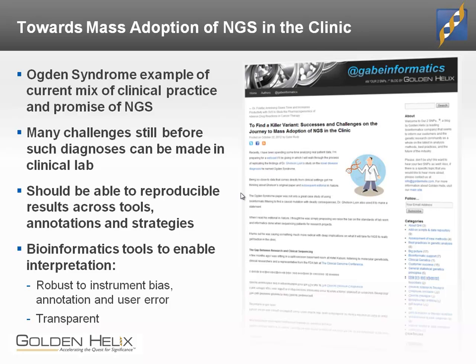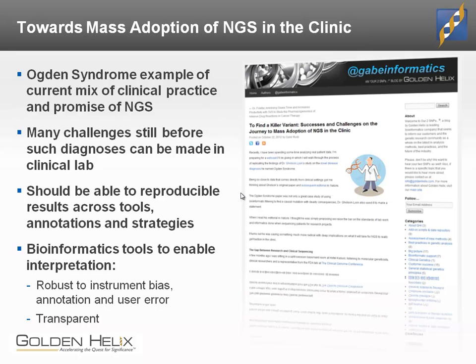when are we going to get to the point where a family such as this one from Ogden, Utah, can walk into a clinic that doesn't necessarily have a research institute attached to it, or have a physician like Gholson who can turn a clinical case into a research project, and also might have a novel genetic disorder that they would like to have diagnosed and would really affect them as a patient, and from a clinical practice perspective allow for more options. When are they going to be able to take advantage of this great technology and have clinical diagnosis based on next generation sequencing be something that is expected, or at least has high adoption?